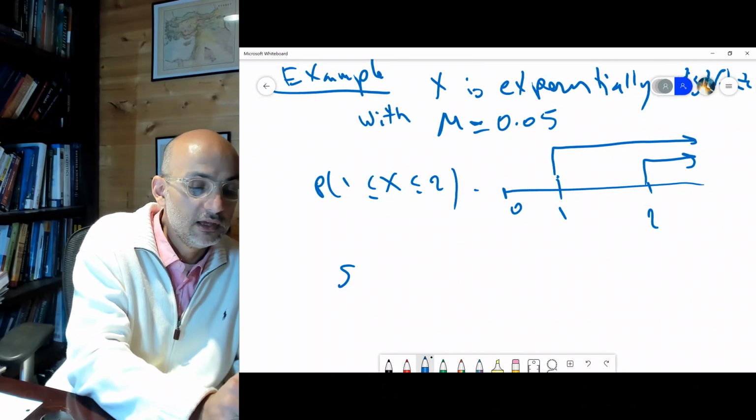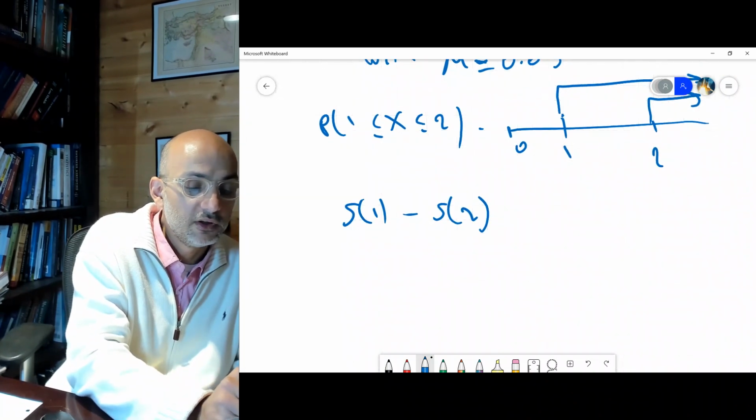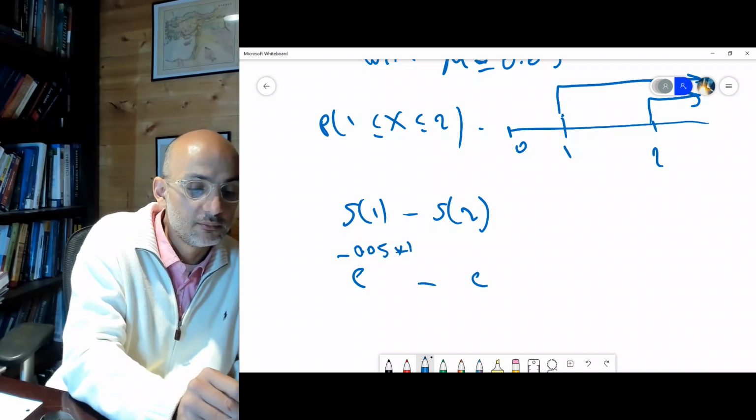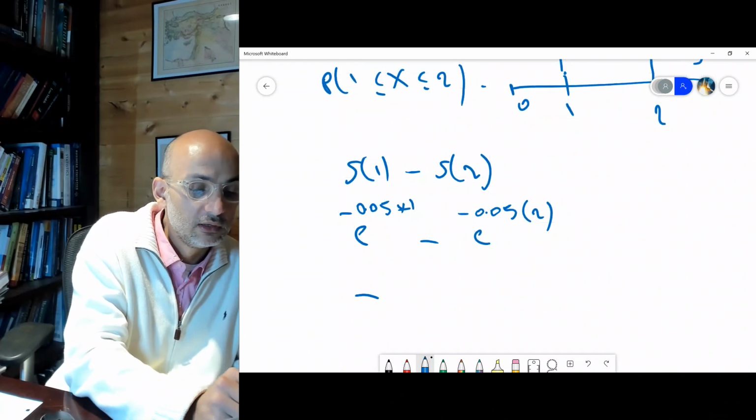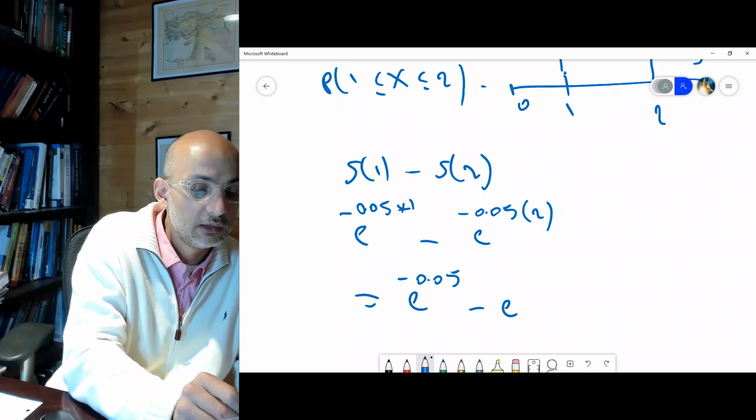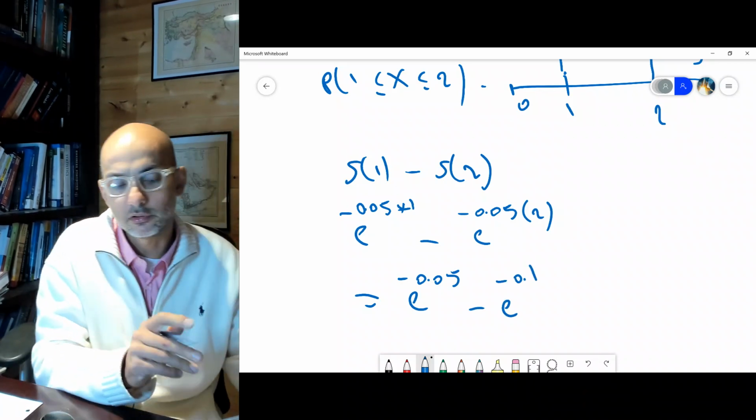So it will be S of 1 minus S of 2. And S of 1 in the exponential distribution is e to the minus mu, which is 0.05, multiplied by 1, subtract from it e to the minus 0.05 multiplied by 2, which is e to the minus 0.05 minus e to the minus 0.1, right? If you use your calculator quickly,